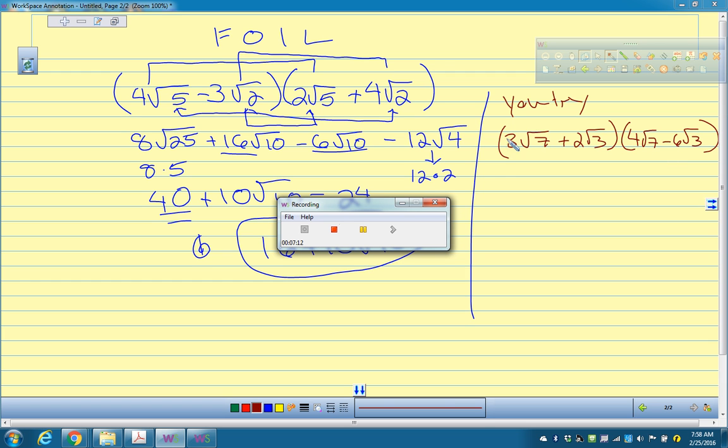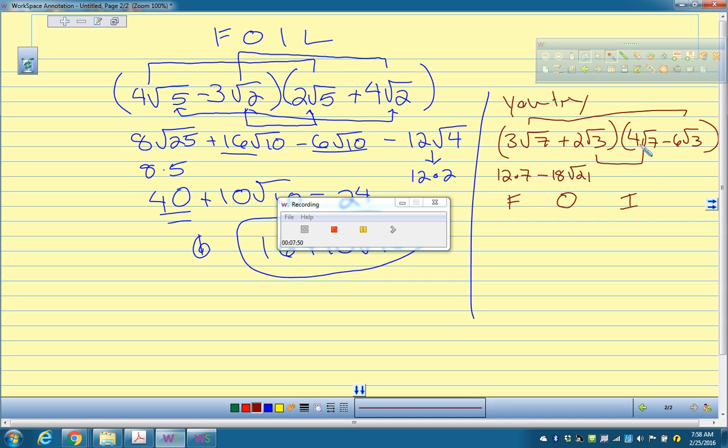So if you didn't get this, you multiply the 3 times the 4, that makes 12. I did some of this in my head. I know that root of 7 times root of 7 is 7, so I get 12 times 7 as my first term. My outer term is 3 times root of 7 minus 6 times root of 3, which gives you negative 18 root of 21, right? My two inner terms,